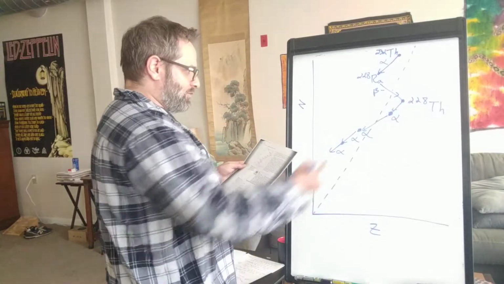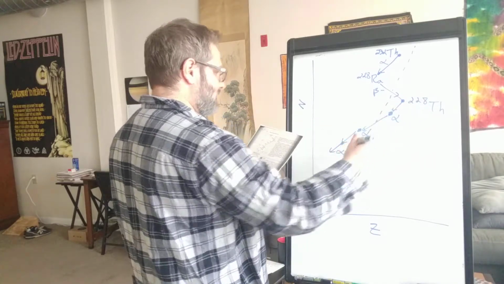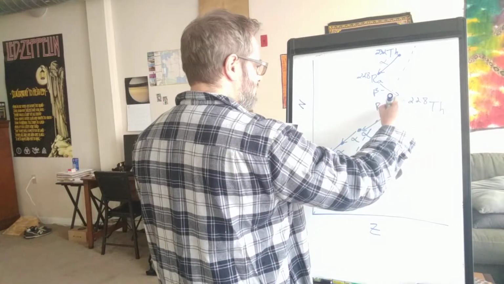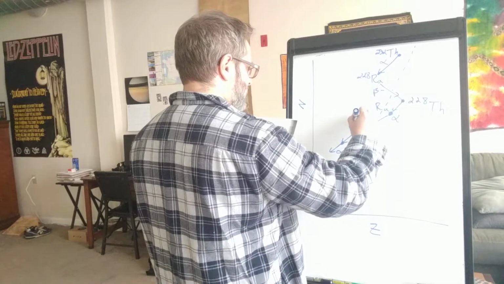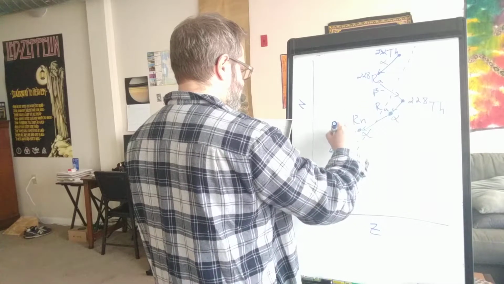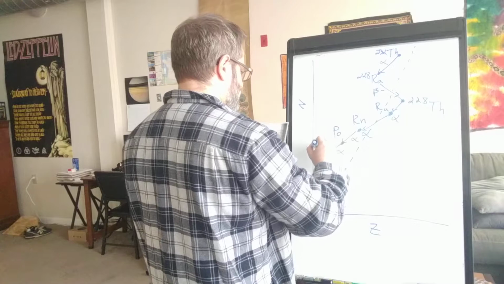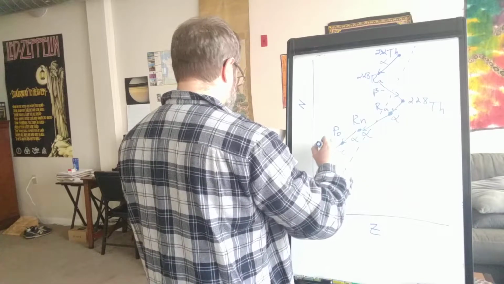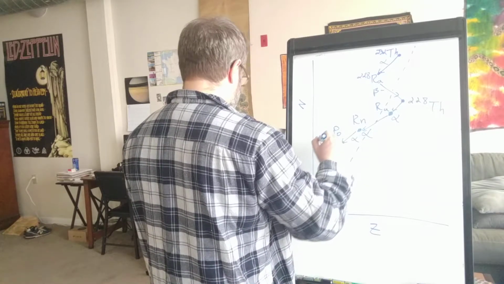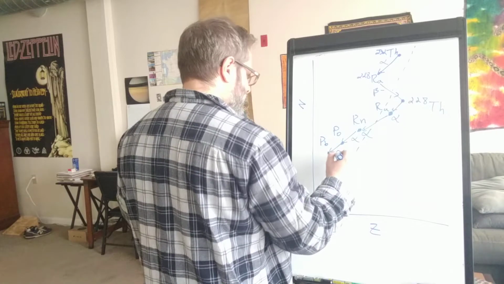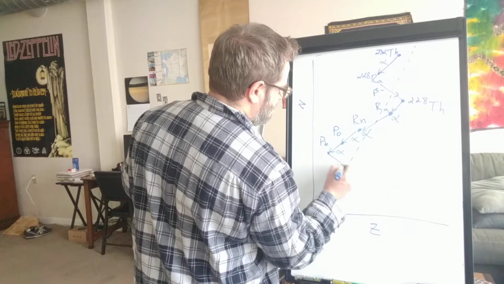So a bunch of alpha decays, and that becomes a radium isotope, a radon isotope, a polonium isotope, and then a lead isotope, Pb. And then we have a beta minus,